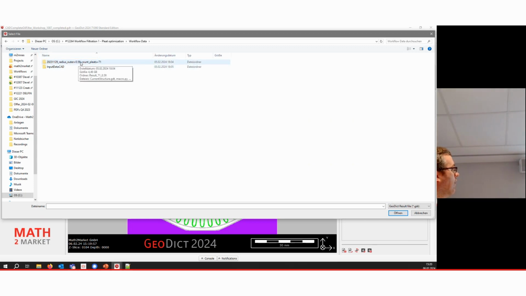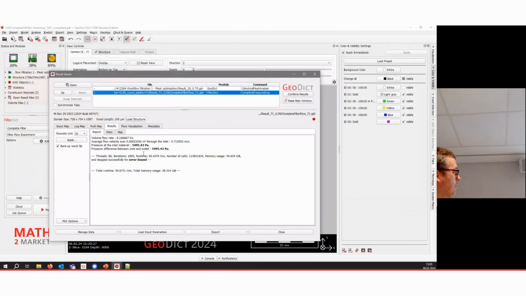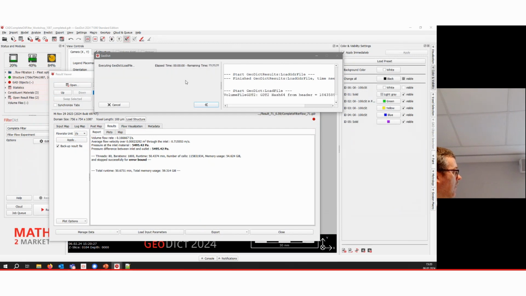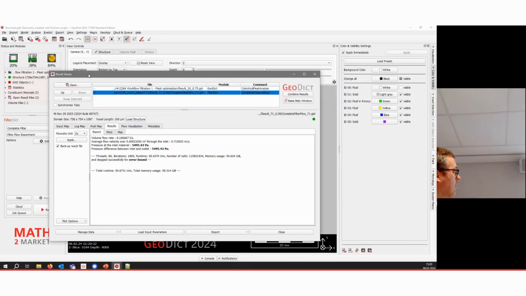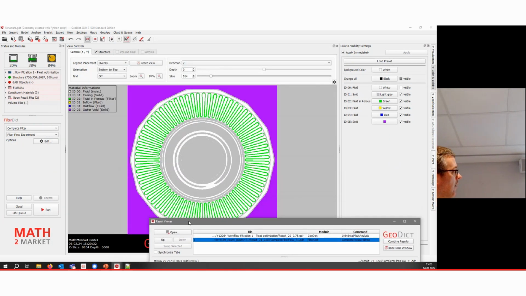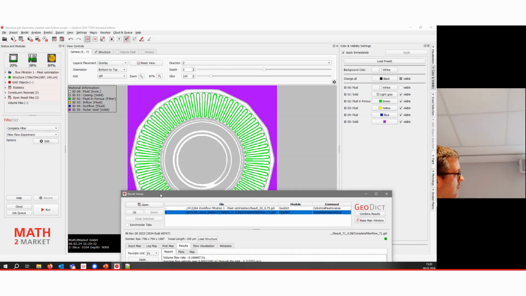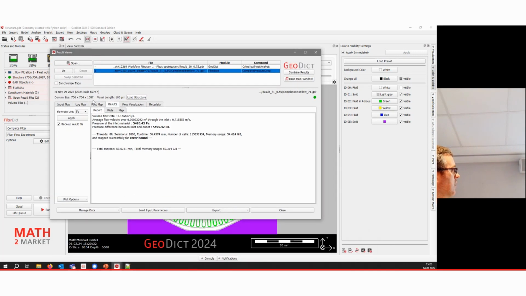Was the one with 0.59 radius and 71 pleats. We have a result file there. We'll just open the complete flow result. Load the structure on that. Yeah, you can see our complete filter with 71 pleats.